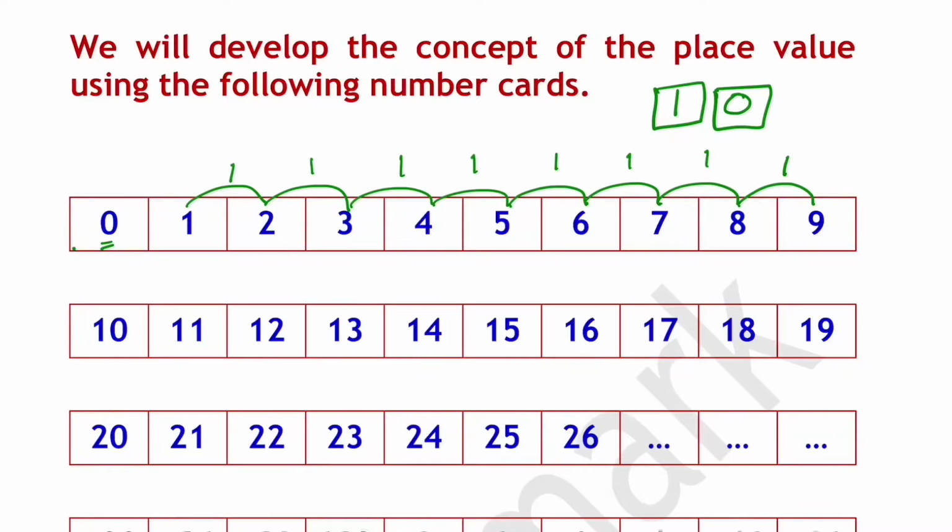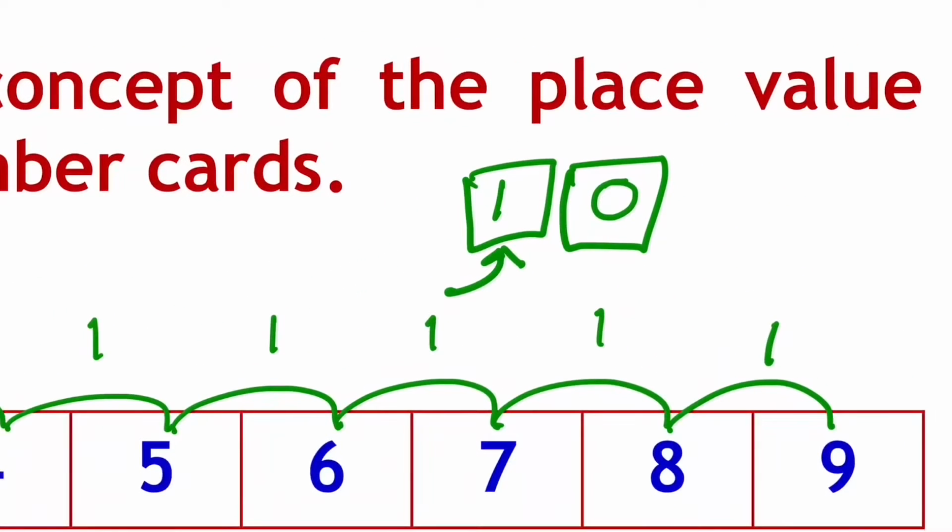Now, we will look at in a different angle how this is taking place. The number after 9 is 10. Now, if you take this number 10, since 0 is nothing, the full value of 10 should be represented by this digit 1. The full value of this 10 should be represented by this digit 1. Now, let us say this digit 1 represents 10, which means the value of this digit 1 in this